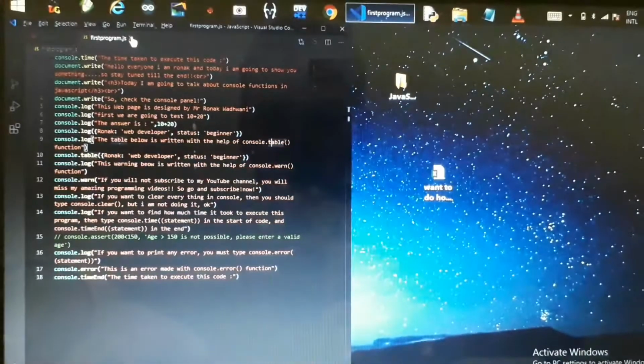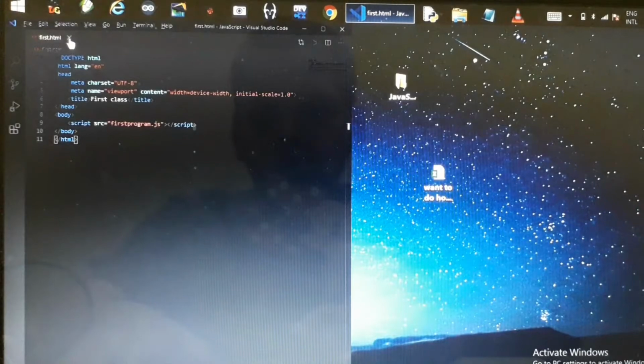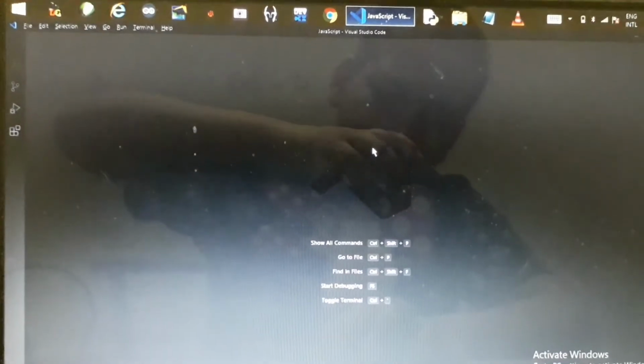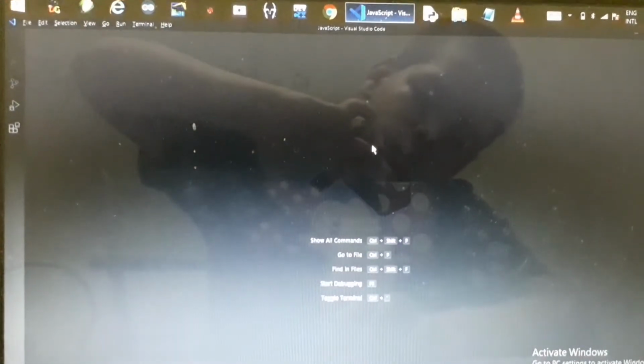I'll tell you basic things. I know it's blurry. It should not be blurry. You'll see a screen like this here. If you want to do Python or any of the programs, you need an extension.